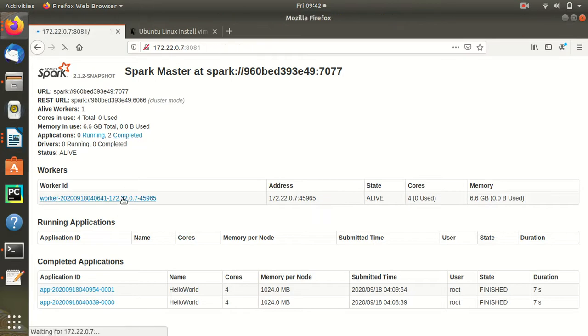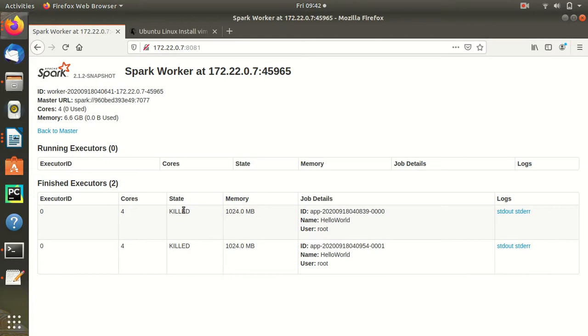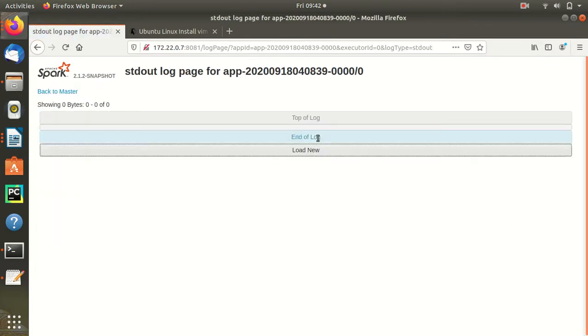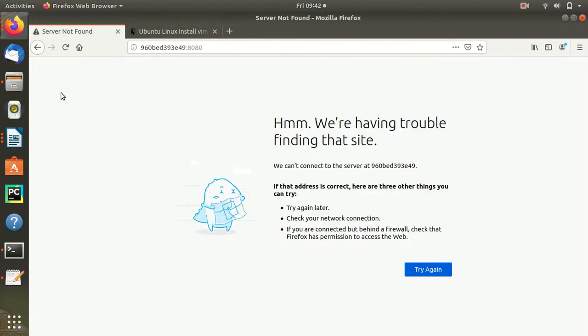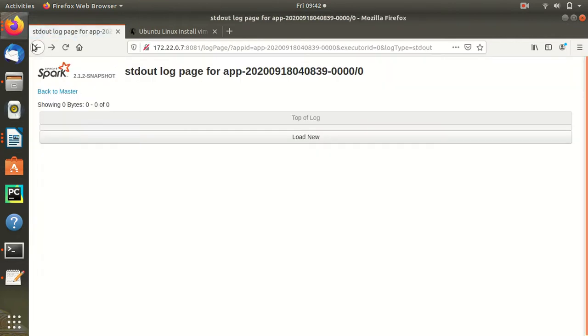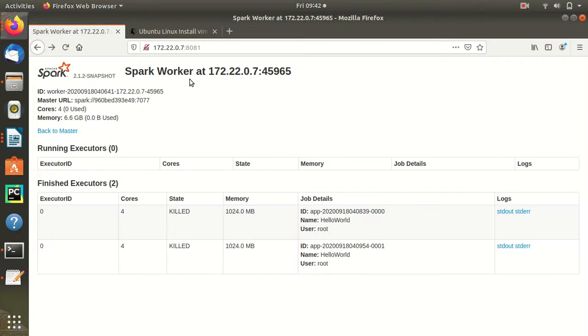We better go with this one. This status showed killed, but nothing to worry about, because that has to be handled at the Hadoop level. If you do a setting, it will become completed, although it is being killed, because we see that our output has come properly, so it's fine. We can ensure that by seeing the output logs as well. If we see the output logs, it will show us this. While you go back, this issue might come because the IP address and the name get interchanged.